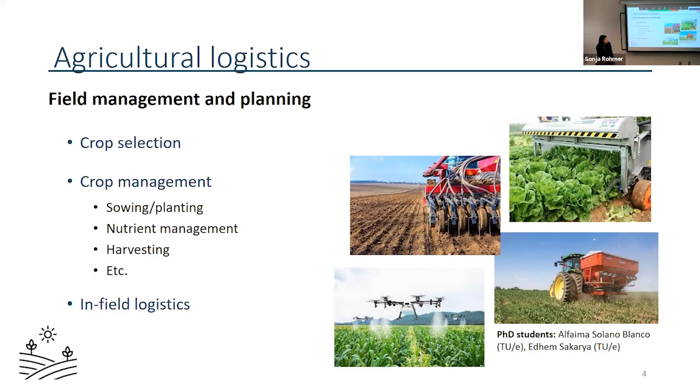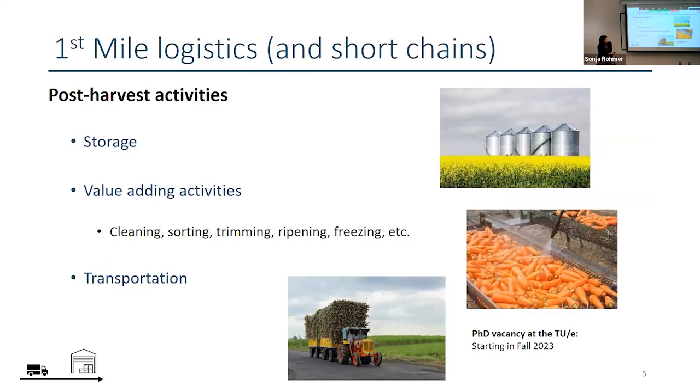And then also related to these machines, we can also consider in-field logistics and how these machines, drones, robots that we have actually move through the field and operate the tasks that they need to do. So once we have addressed the whole agricultural problem, as I already hinted at before, there's a next step within the food system that we can consider, which are the post-harvest activities. And that relates to all those first mile logistics and also a bit to short chains. I'm sure you have heard of short chains. We're trying to consume more locally and eat local products, local food, support the local economy. It's a big trend within